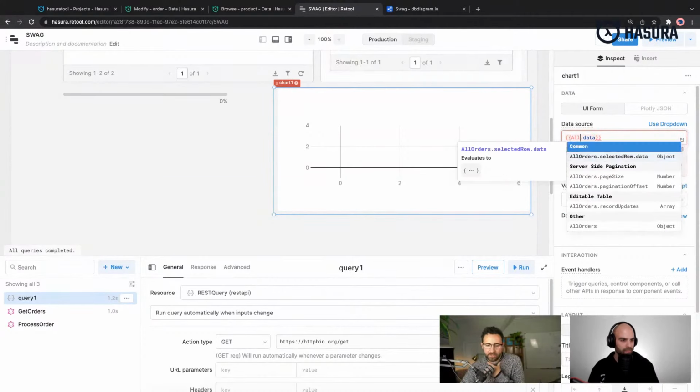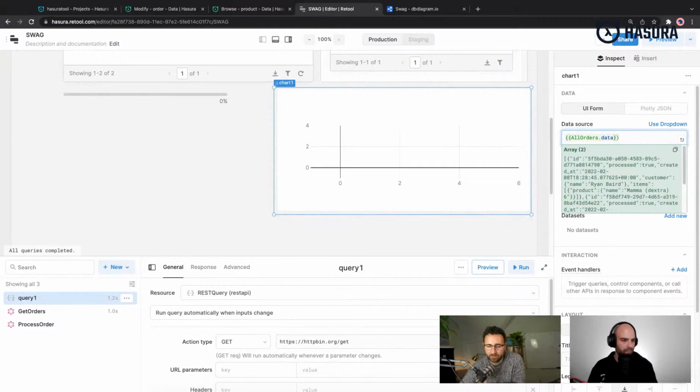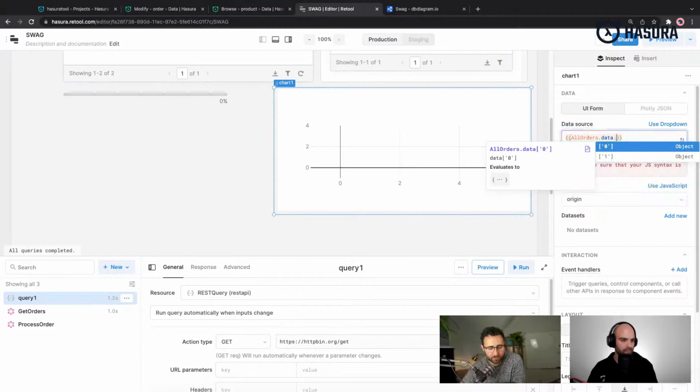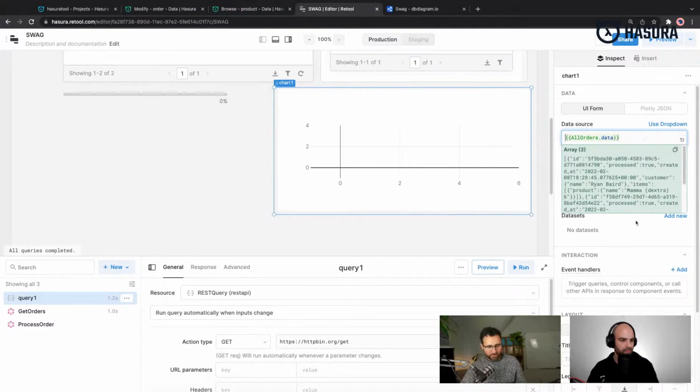So you'd have to basically look at what's the data you want to implement, and you could look at the Plotly JSON, for instance, and figure out how you need to map this to your X and Y coordinates or whatever it is. But let's see what we would have. Yeah, if you drop this, I'll just drop some